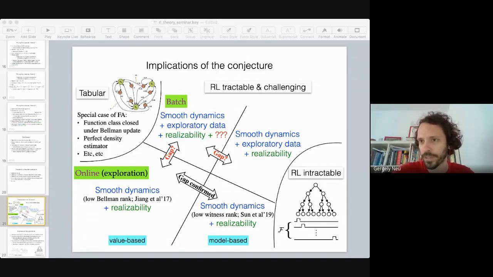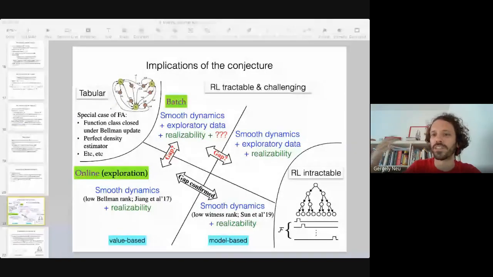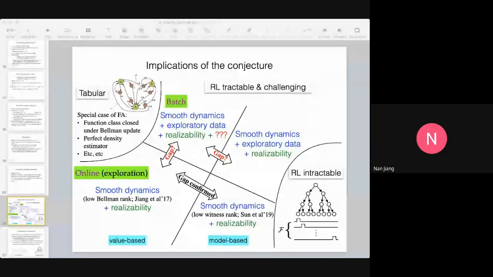So I have another question related to this one. All these arguments that you had in this talk were really based on the fact that if you're working with a function class, then you have to reason about this inherent Bellman error, right? Which means that you're implicitly making the assumption that you have to bootstrap in order to work with these function classes. But do you think that's actually true? Can you come up with algorithms that do not need to bootstrap and would be able to get away with that? So yeah, I think that's a very good question.